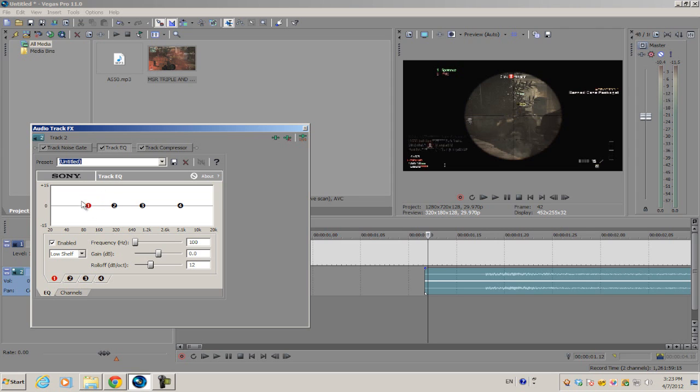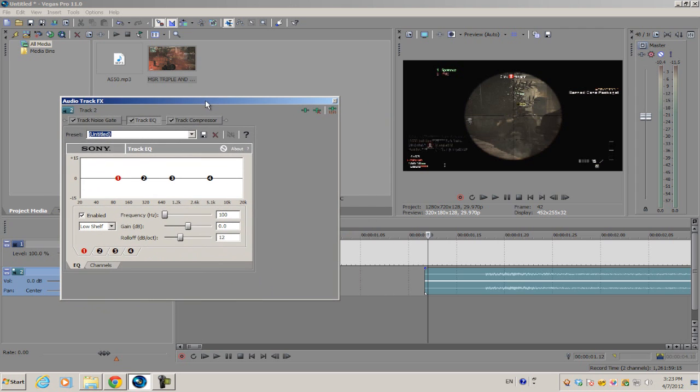Now once you click on that audio plugin, you're going to get a window with a box and a couple of values that you can change, and of course little circles with numbers inside of them. Now these numbers represent each general frequency. These values on the bottom represent frequency, which is measured in hertz. Now you can say number 1 represents the lows, number 2 and 3 represent the mids, and number 4